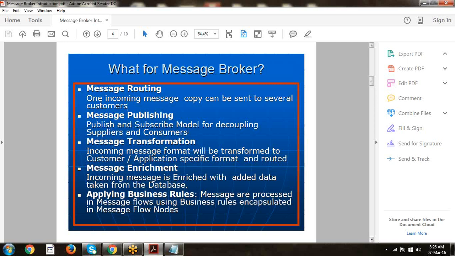In the same way, the publish subscribe mechanism is also a kind of framework.